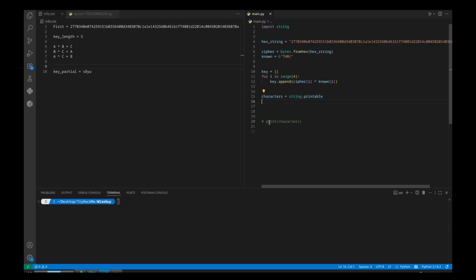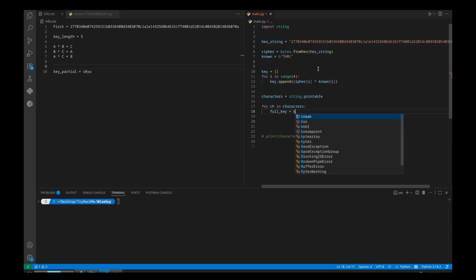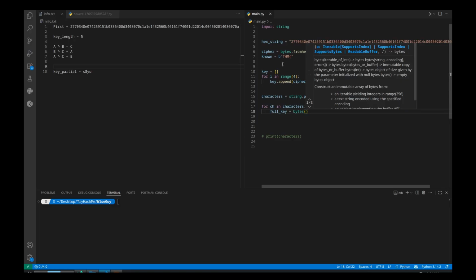So in this character set, we are going to loop through them and we'll append it at the end of this key and try to decode the entire hex string. For ch in characters, and let's say it as full key equals,